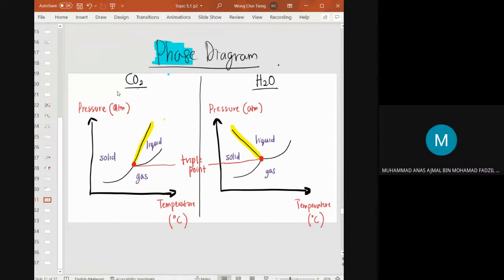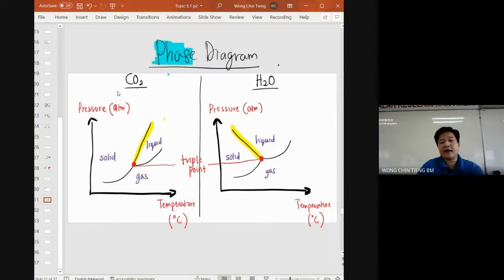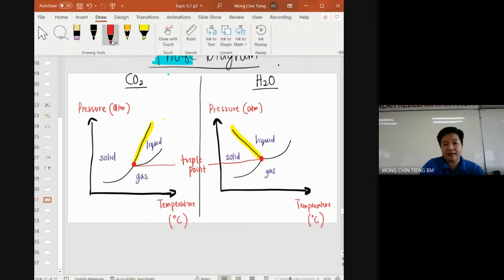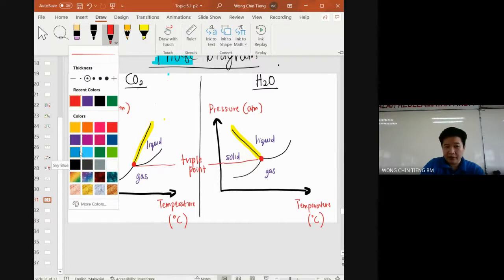Solid, liquid, and gas at equilibrium. Solid, liquid, and gas is in equilibrium. That is your triple point. Okay? Next,